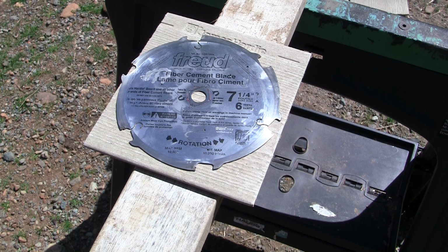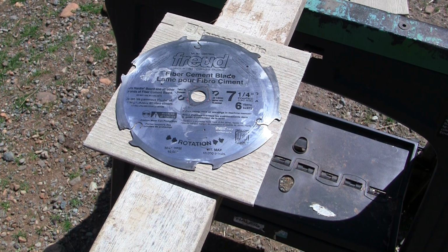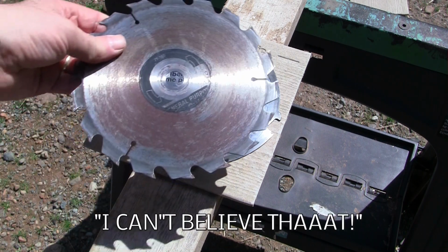So, I'm out of blades. I'm not that close to town, so it's a bit of a drive, 20 minutes round trip, say, just to get to the nearest hardware store to spend another $30 on a blade. I'm kind of in the middle of the job, trying to get this job done, so I go looking through my shop and I find